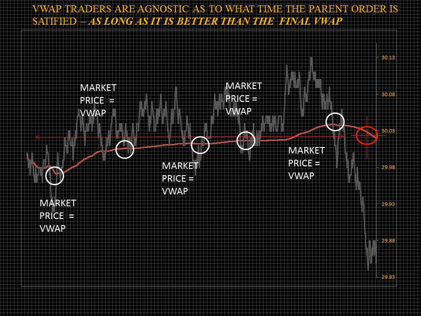We use the alpha line and further reverse engineer what we call the alpha VWAP forecast. We use the alpha VWAP forecast as a reference point for the final VWAP benchmark. We apply our execution schedule relative to the final VWAP benchmark, keeping in mind the concept of crossover and convergence between the market price and the VWAP.